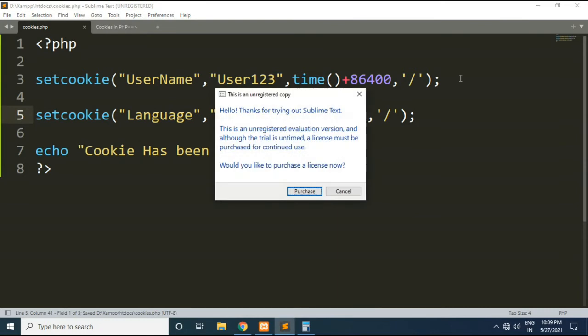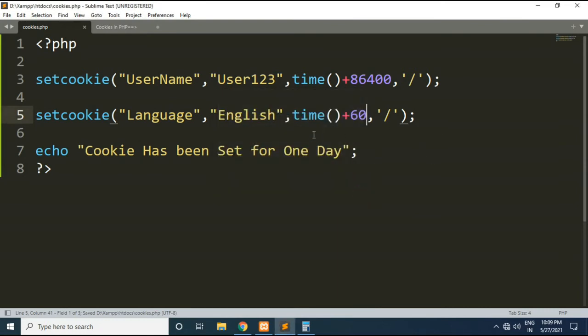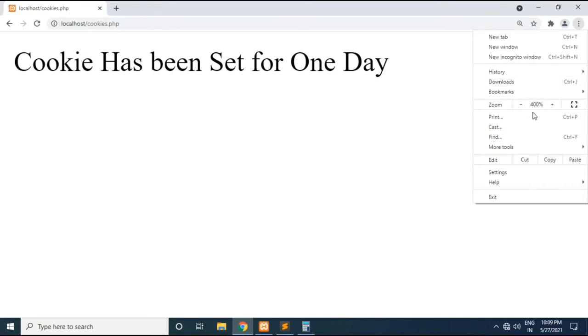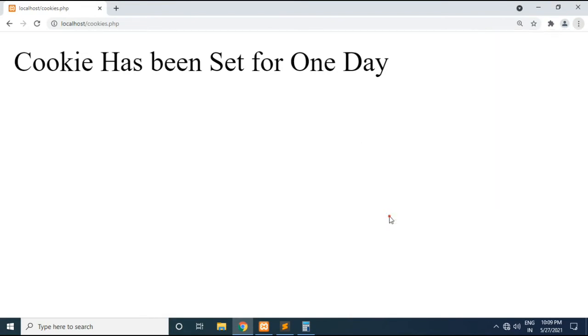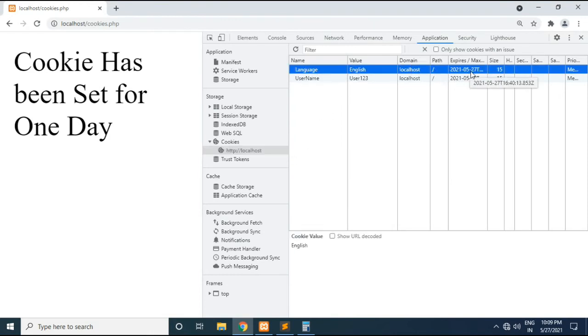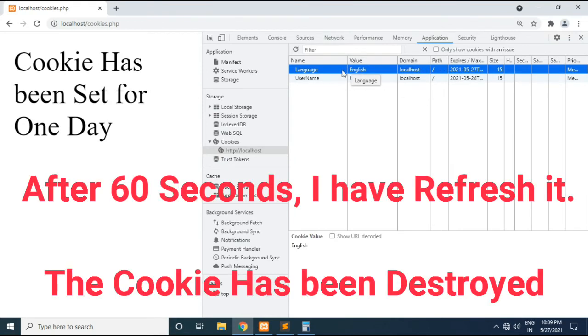So after 60 seconds or after 1 minute, this cookie will expire. Now again we will refresh the web page, and here I will go to more tools and developer tools, and in application you can see there is one more cookie. Okay, and after 1 minute this cookie will expire.